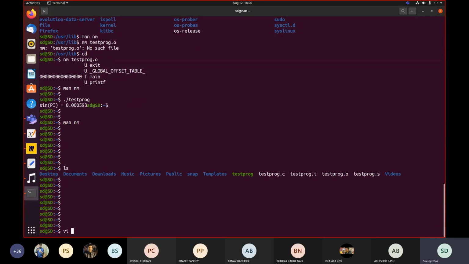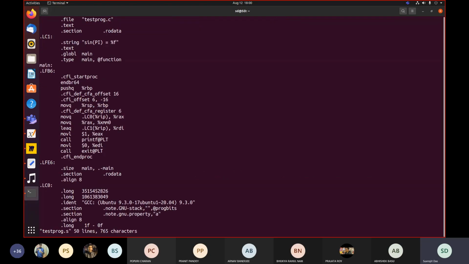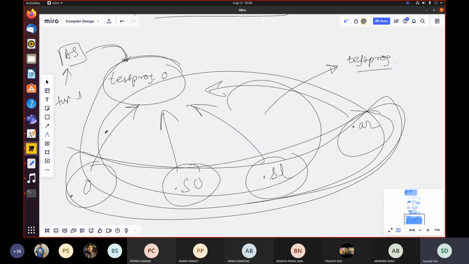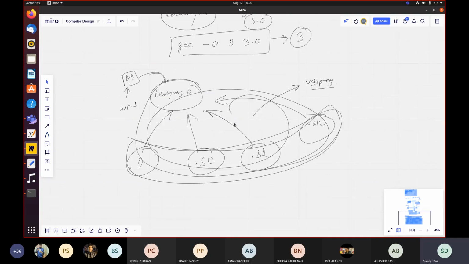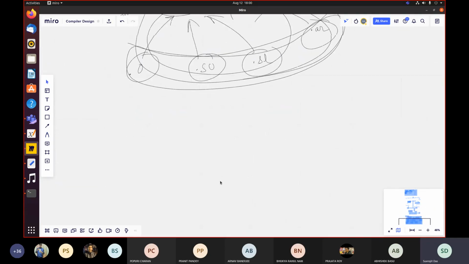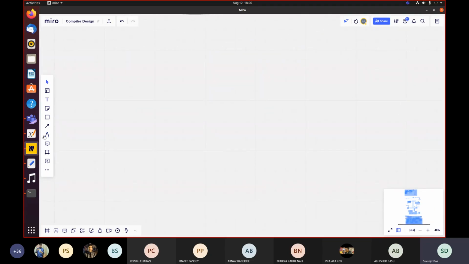Now I will test prog.s. Okay. Now see, this is the .s file, right? The assembly file. So the main work of the compiler is, so I repeat it, the main work of the compiler is to take